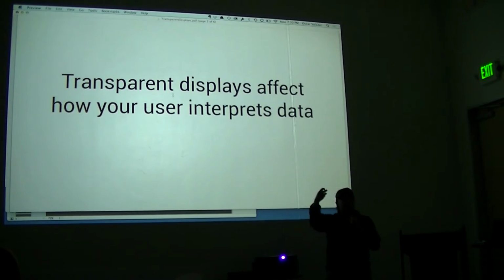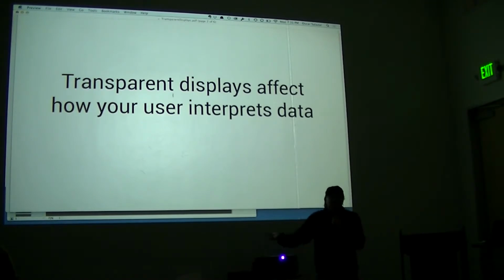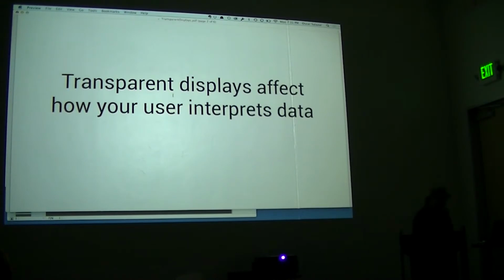Because since you have light coming through, and since the display is not meant to be in front of you all the time, it's almost like on an angle of your eye. How you present information and when you present information is very important, because you're building an app because you're expecting the user to take a specific action. But in order for them to take that specific action, depending on how you design it, they took the action or not, or maybe they didn't even take the action. So in order to illustrate this point a little bit better,